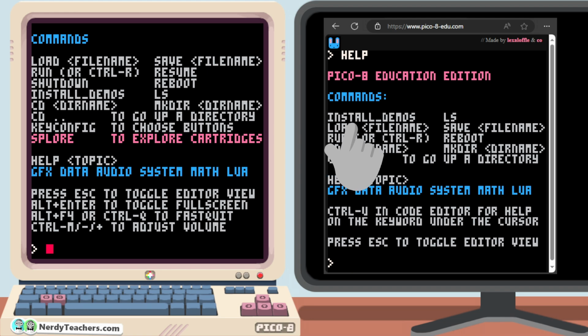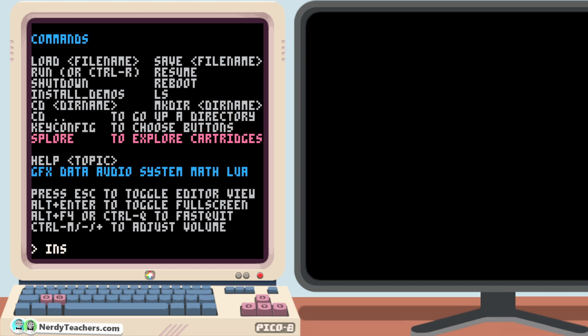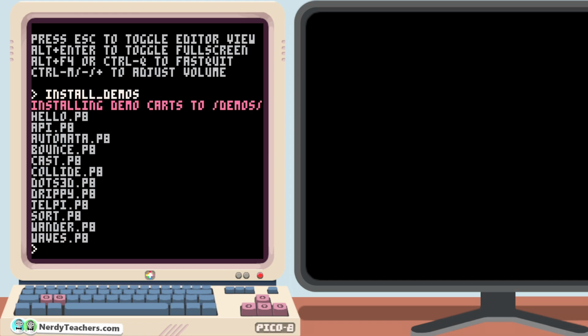The first one says, install_demos. And notice that underscore symbol there, not a space. Let's try it. Install underscore and then demos. Press enter and it says, installing demo carts to demos. And then it lists all the demo carts you just downloaded. These are simple PICO-8 games that we can run right away. We call them carts, short for cartridges,